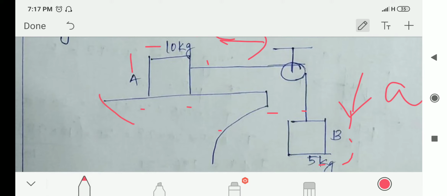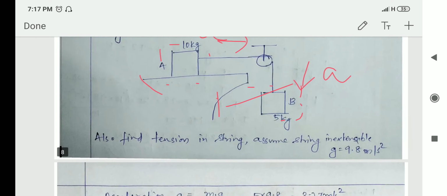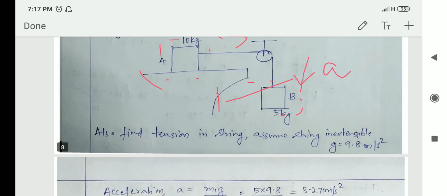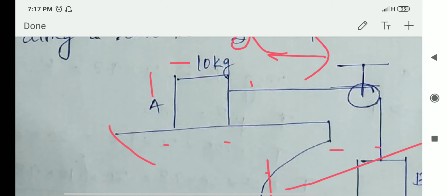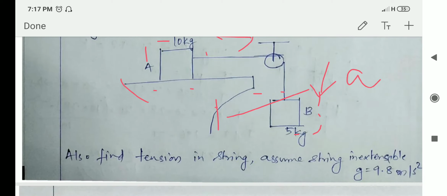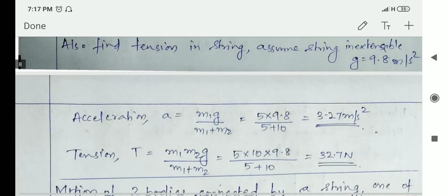So the free body diagram, upon applying D'Alembert's principle, gives W minus T equal to ma, right? W minus T equal to ma. Here in block A, T equal to m2 into a. Apply those two and find T and the acceleration. There are two equations and two unknowns, so we can find them. Actually here, since I have derived an equation in the earlier section, I could have readily used it. There is no need to memorize all these formulas. We can definitely solve this easily.